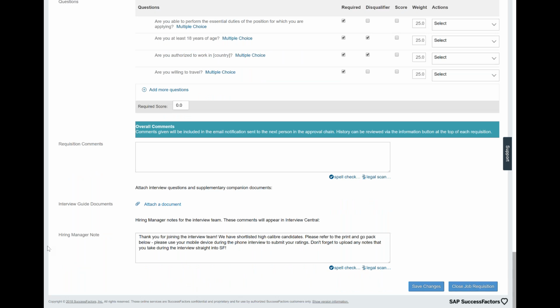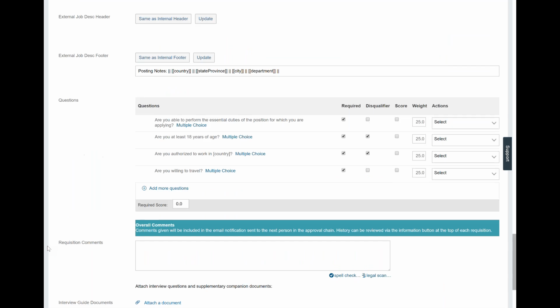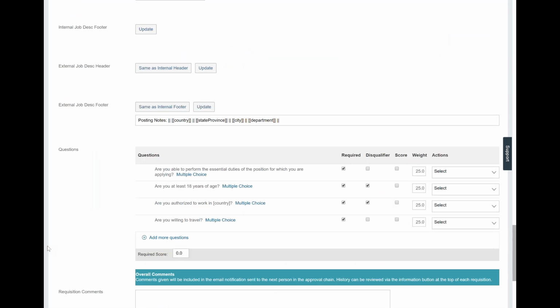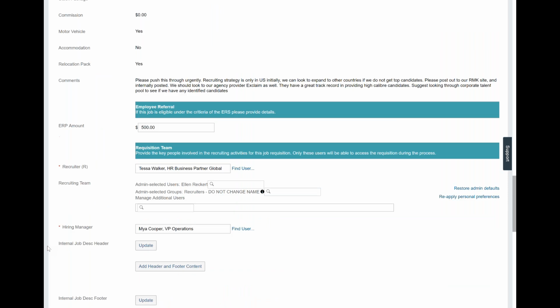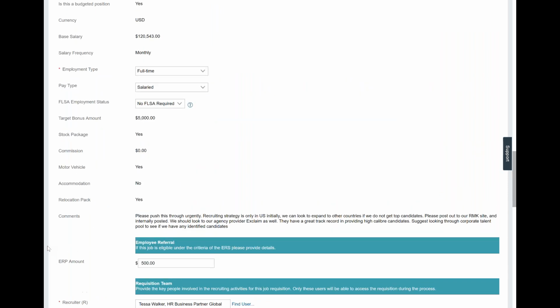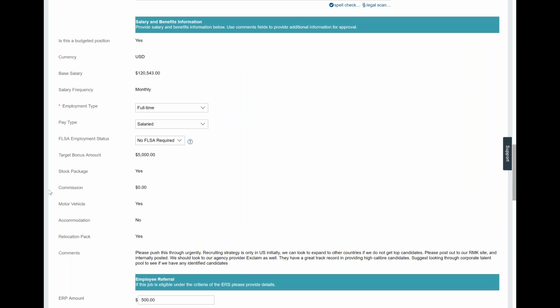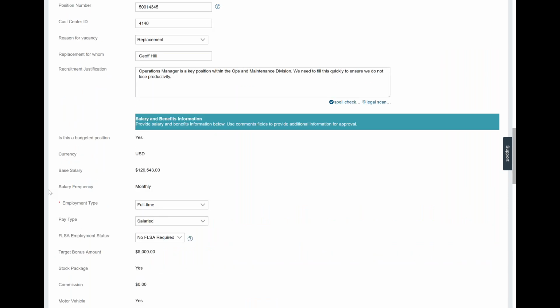And depending on my role, these changes may or may not need to go through a workflow to be reviewed by other people. So this is one of the more complex templates, if you will. And as I mentioned earlier, we tailor the content of this requisition to meet your business needs. So if commission and stock are not things that you award, then those fields would not be available to you.